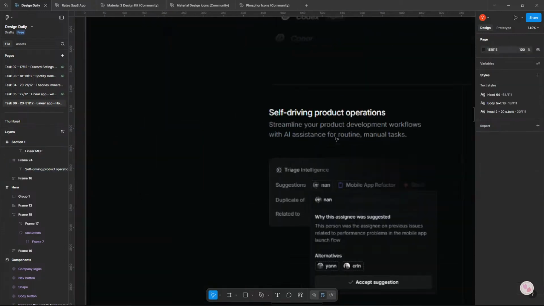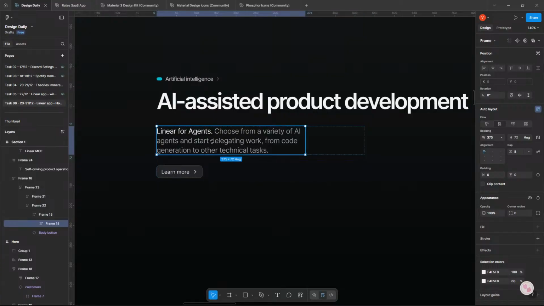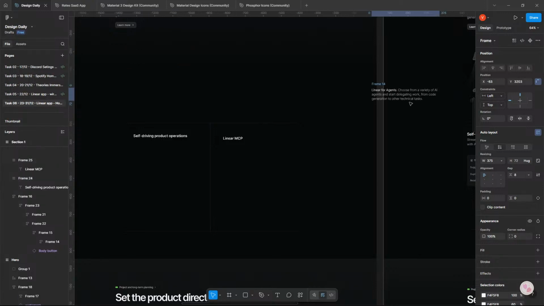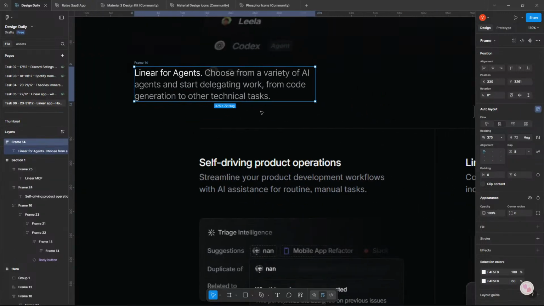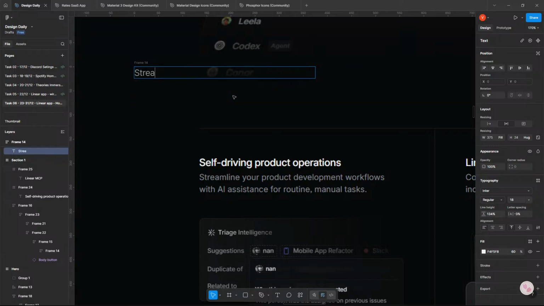Let's move it over here. And we have this section. Let's just copy this right off the bat. Let's take it over here. Let's remove this section. Streamline your